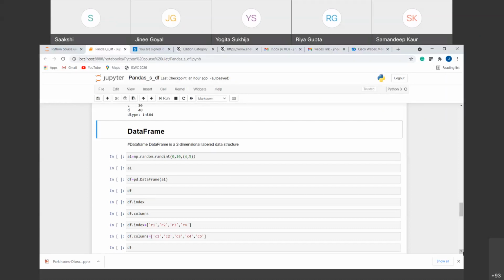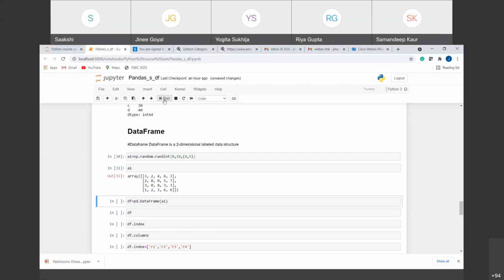Not n-dimensional, it is two-dimensional that consists of n dimensions. So n dimensions could be the n columns, right? Otherwise it is a two-dimensional structure. So I'm providing here the shape 4 comma 5. What 4 comma 5 means is that I want 4 rows and 5 columns, right?